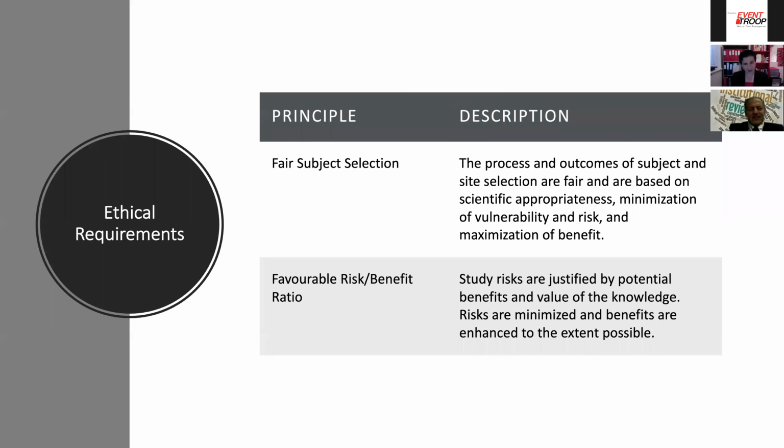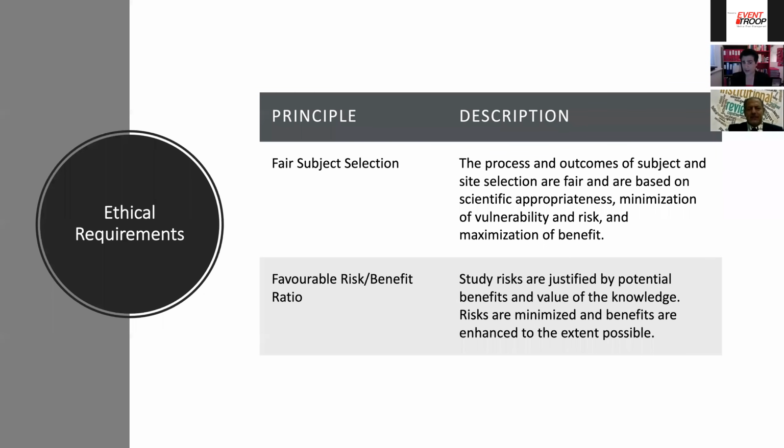They will also then see, okay, you've got a good scientific research, good proposal, good protocol. Then they will look at justice, the fair subject selection. Where are you getting these subjects from? They want to know the process and the outcomes for subjects. Is it fair? How are you minimizing any vulnerability or risks? For example, you're not just doing the study somewhere in Africa because the people are poor and they've got no choice, so they'll be in the research. No, no, no. We're going to do it where the subjects have an option to make a decision to go in the research or not. Then they look at that.